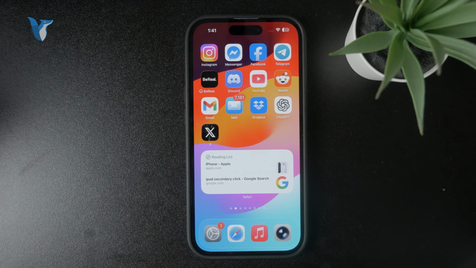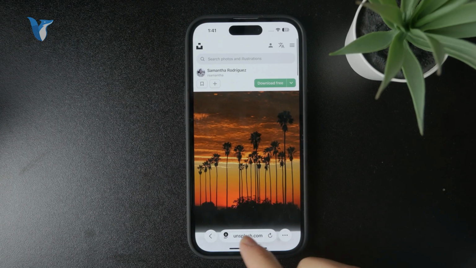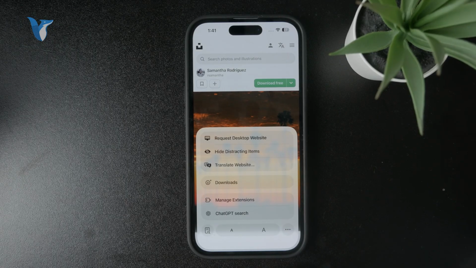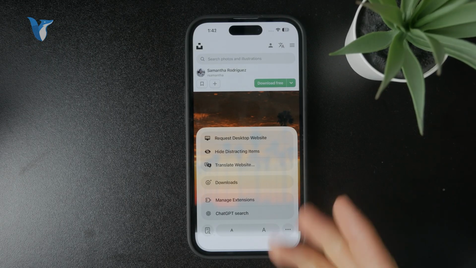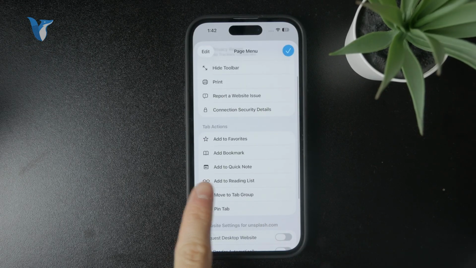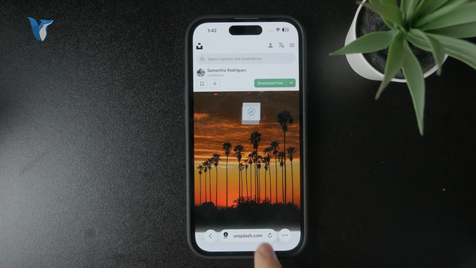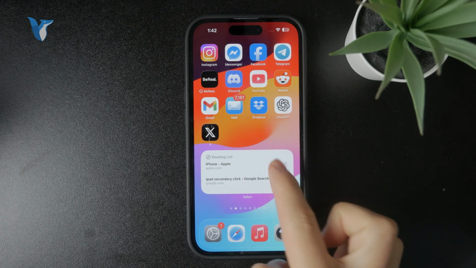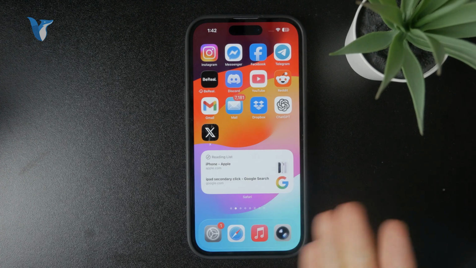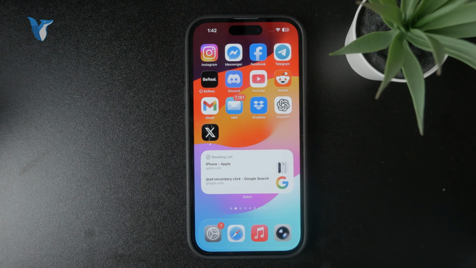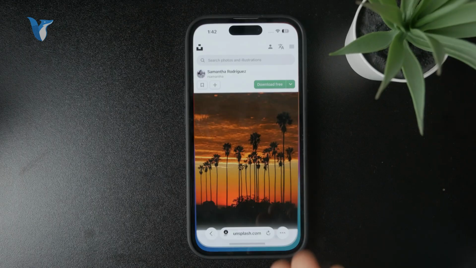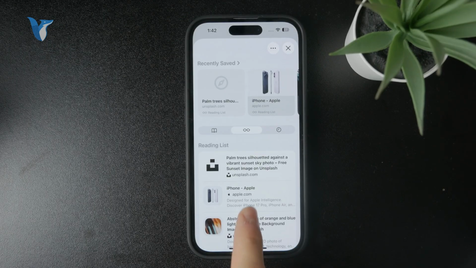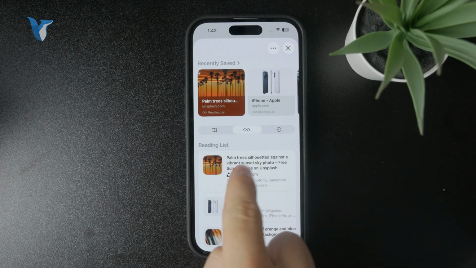Whenever you are browsing a website, you can tap on the button next to the URL and click on more, and you have the option to add it to the reading list. And you can see which pages you have on the reading list currently, and those are technically blogs or articles or something which you want to save for reading later, and those are going to appear in the widget as well. So the way that it works is that you can quickly access them from the widget, but